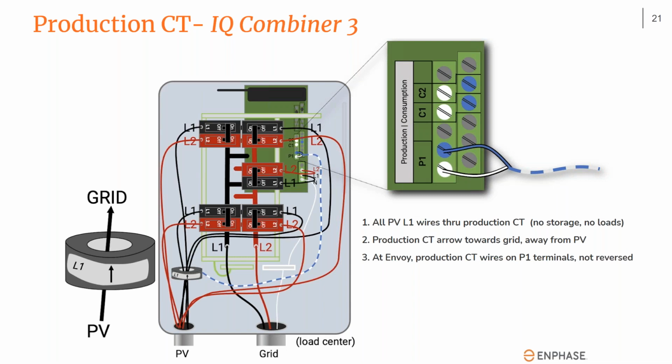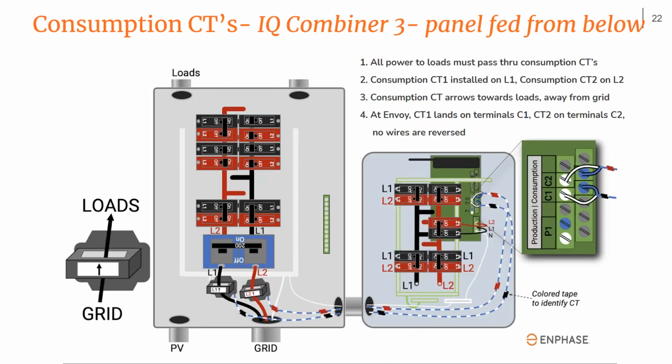Now the next item is the consumption CTs. That's a little bit more to it. If you're trying to accurately capture, monitor and measure all of your energy consumption at your site, you need to make sure that they're located where all power from the site flows through them. And there's sort of this nuance. A funny thing is that a lot of electricians, myself and everyone included, we don't really think about, well, line 1, line 2, which one is it? Does it really matter? With monitoring, it does.